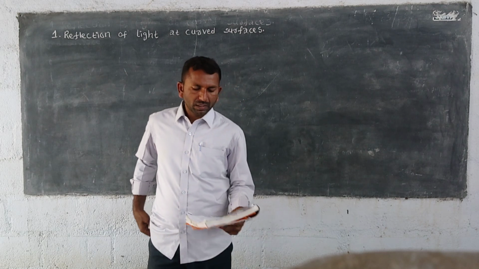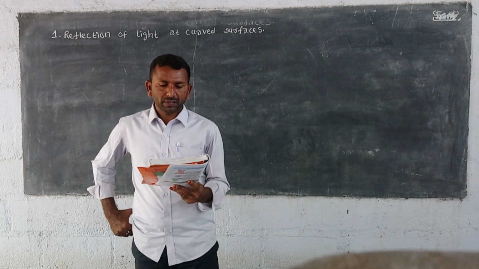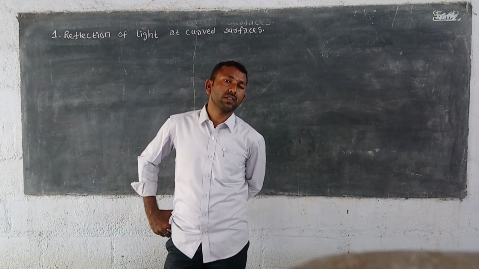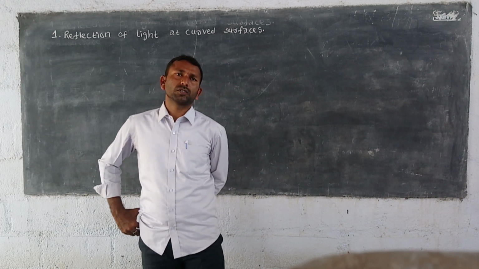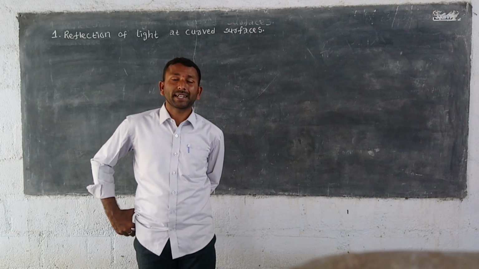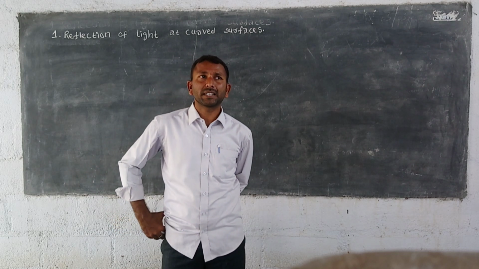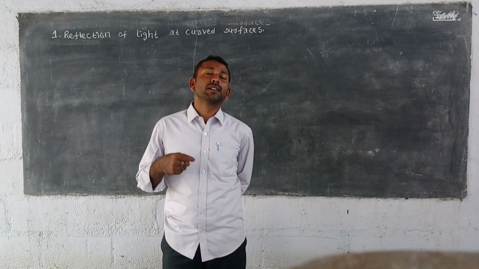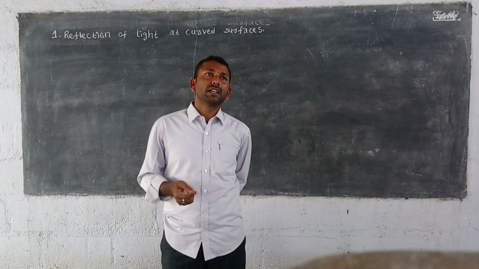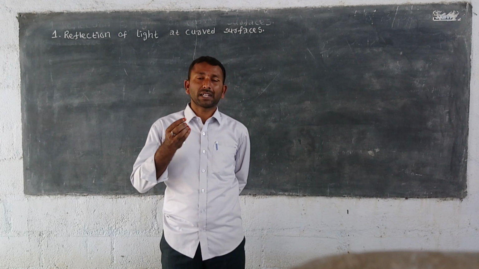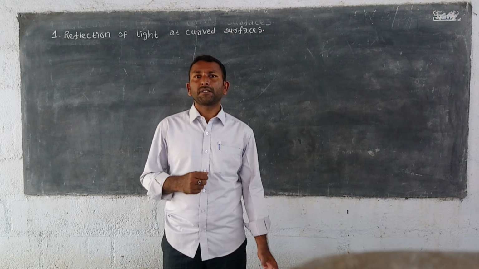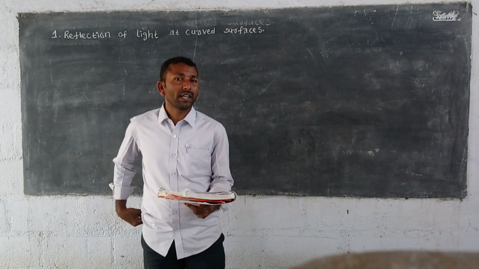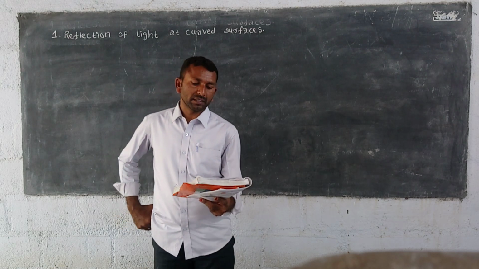Look at the book. You might have got many doubts while observing your image in bulbous surfaces. Did you get any doubts while observing your image in the plane mirror? We get a number of doubts. Why are images formed in the plane mirror? How is it that if you are eating with the right hand, it looks like the left hand? What is the reason for that? We get this type of doubts while observing our image in plane mirrors.